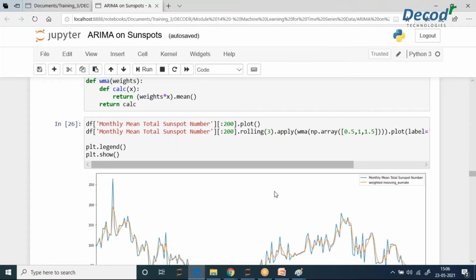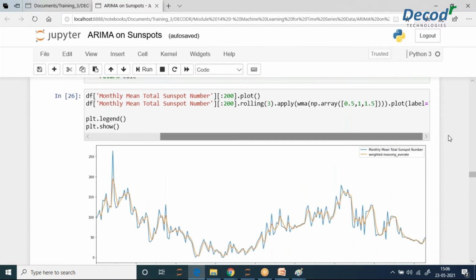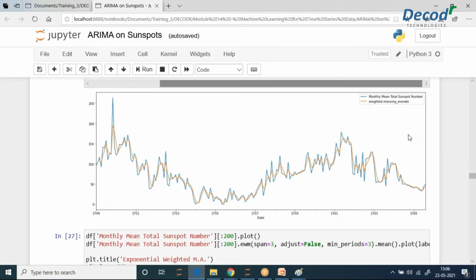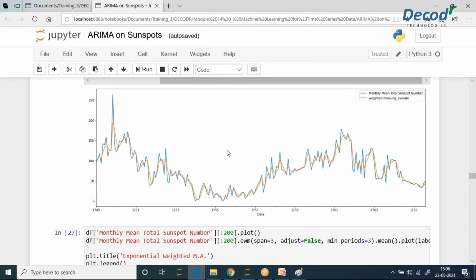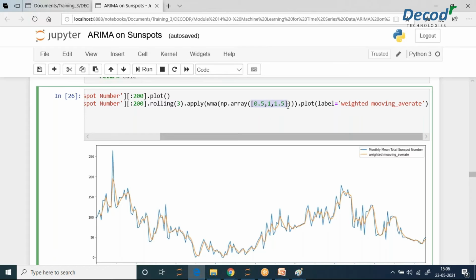So here comes the next topic, which is weighted moving average. Fine, average. So here we are giving importance according to the previous weeks or more previous weeks. That is how we are calculating.